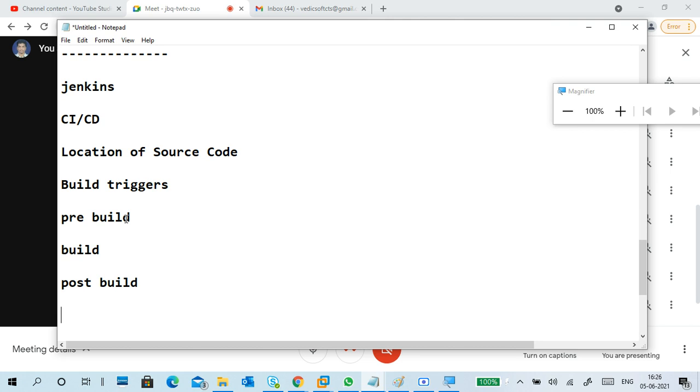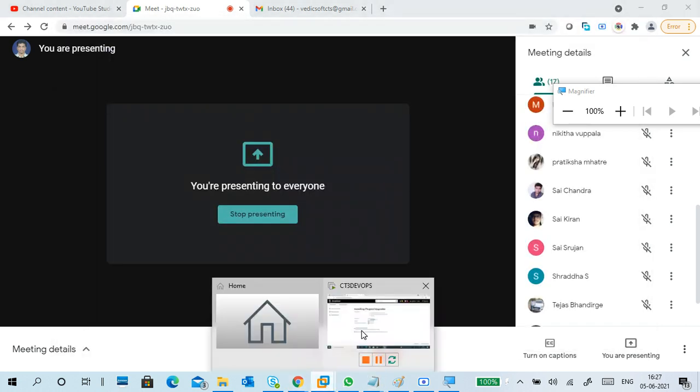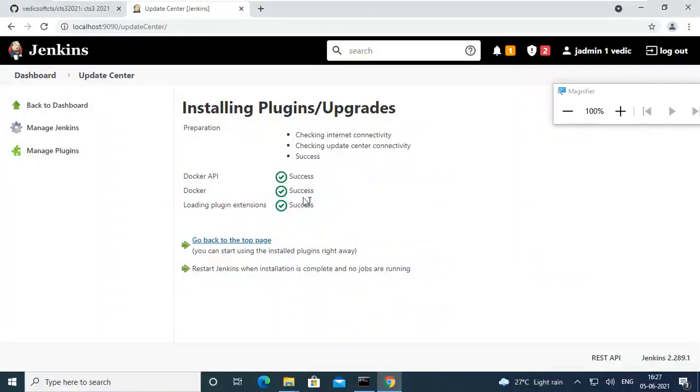So this is the life cycle of Jenkins. First is getting the source code, then based on your build steps, do the build, and do as per the post build steps, or display the output on the screen. So this is your Jenkins. You have to follow these steps to understand. Is my Jenkins open? Yeah, it is installed successfully.